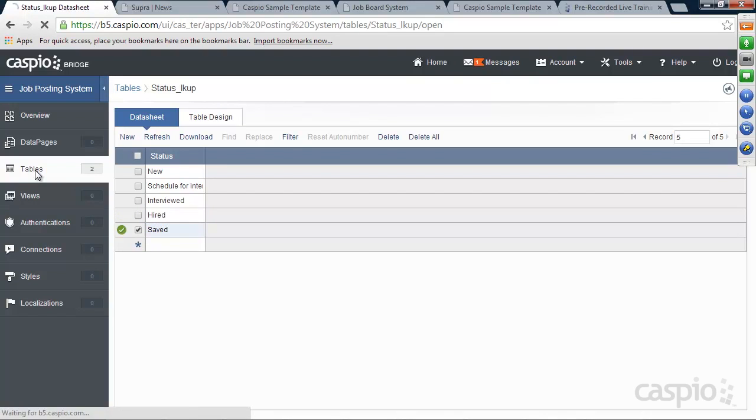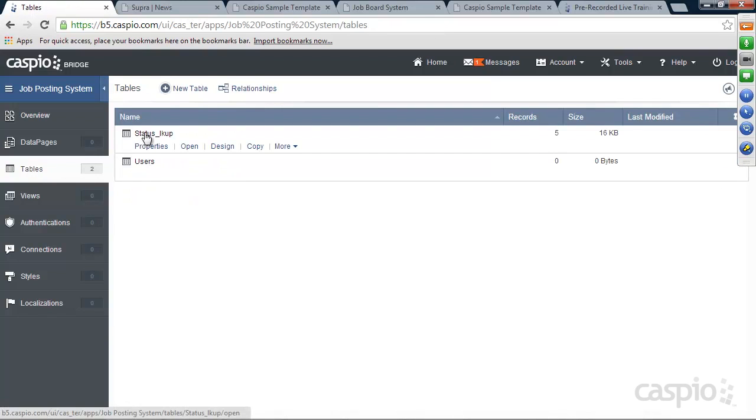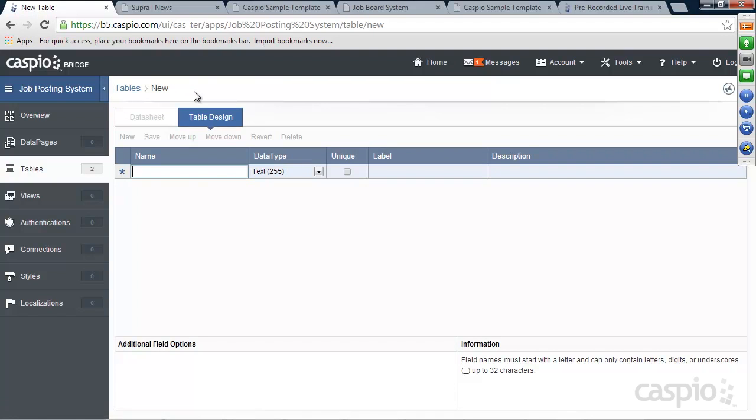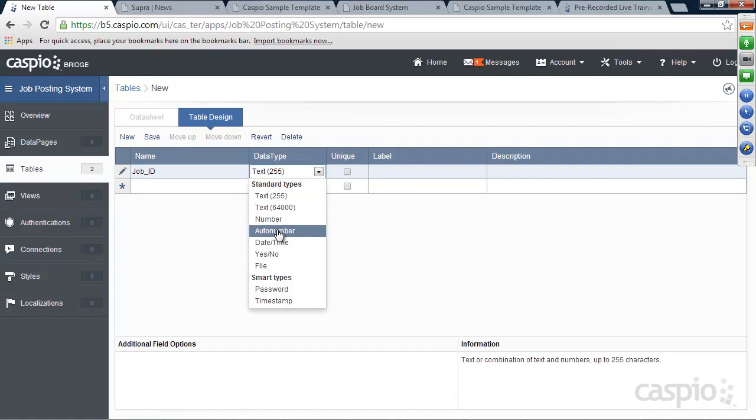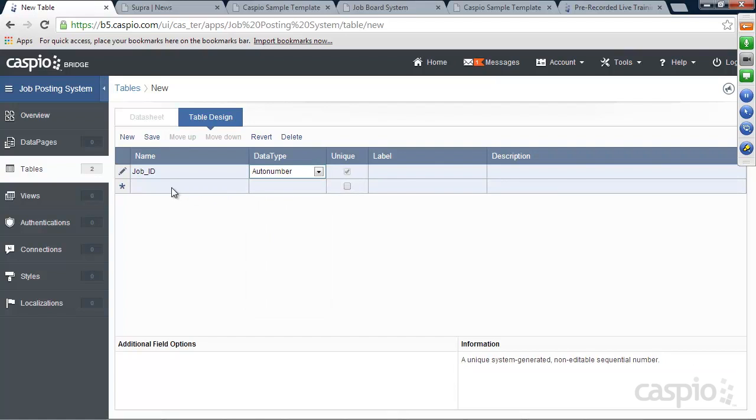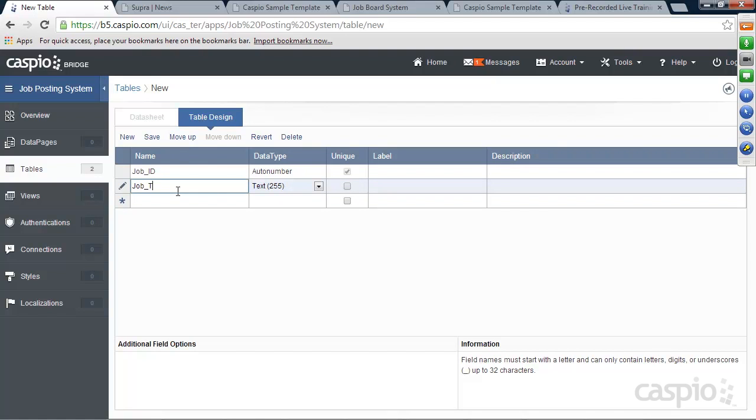Let's go back to our tables. And this is going to be my quick lookup table for that, since I'm going to be using that drop down quite a bit inside our application. Then I need a table for recruiters to post jobs. So this is, in a way, going to be your master table where all the jobs are going to be listed. So what we need is a job ID, and each job needs to have a specific ID associated with it. So we need an auto number, job title,